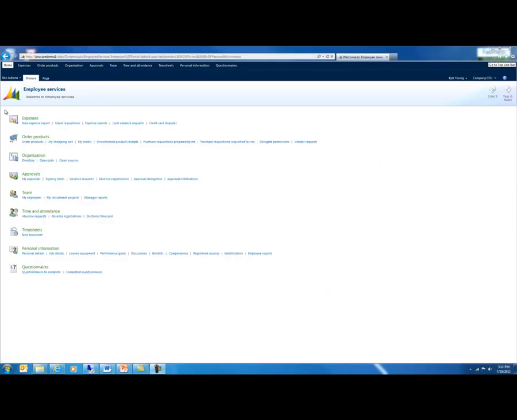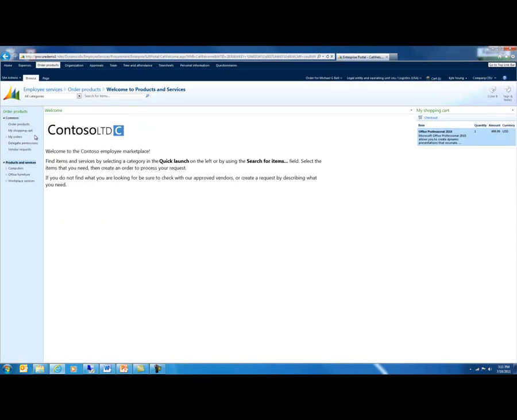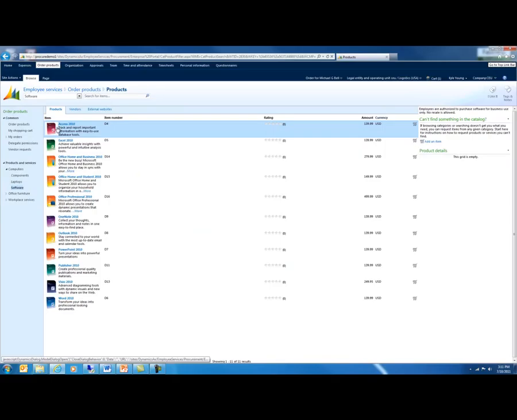The next area to highlight is order products. And in the order products experience, users can identify items that they need to do their job, such as components or laptops or software, and see a list of things available for purchase or ordering within their organization. So here, for example, you see a list of software that's available. And so they can easily navigate to the items they need through this navigation experience, or they can search for the items. They can add an item to their shopping cart,